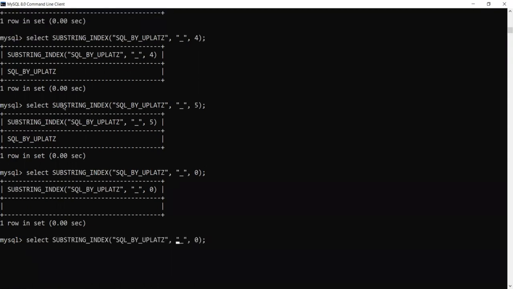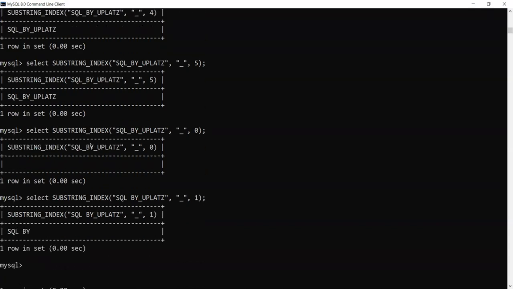So let us try to demonstrate a few more examples. Now we will take this part off. Now if I say 1, only SQL by is expected, because as you can see, with underscore there are 2 sections, that is SQL by on one side and uplats on the other side. Now if I change this to 2,